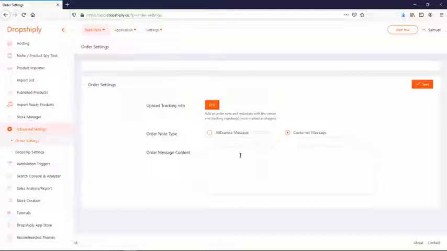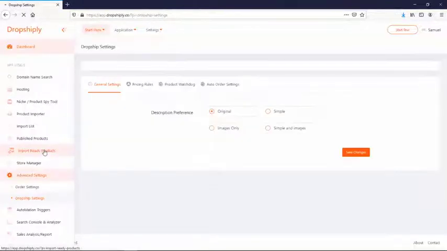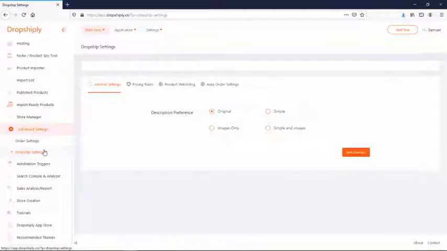Whenever there is a new customer, a new order on your store, these things will automatically be attached to every order, okay? So now, dropship settings. Here you have several different options, okay, that we built inside Dropshiply, and this is extremely powerful, and I'll tell you why in a second. So you got general settings, pricing rules, product watchdog, and auto order settings. So let's start with, I'm gonna walk you through the most important ones, okay? So